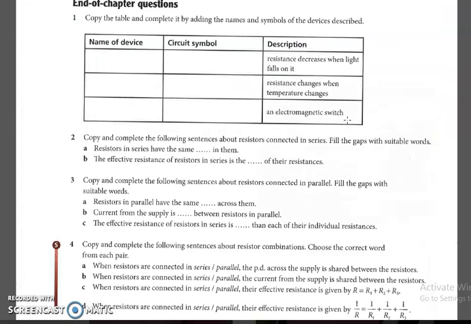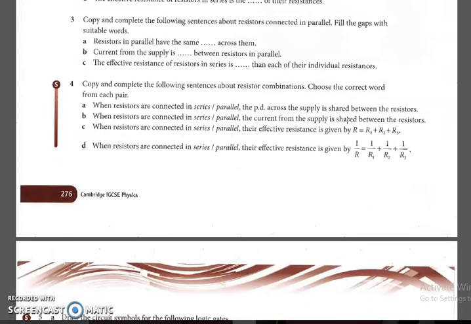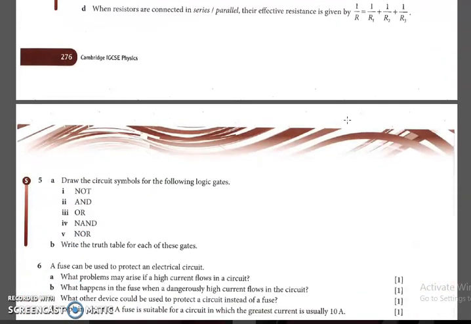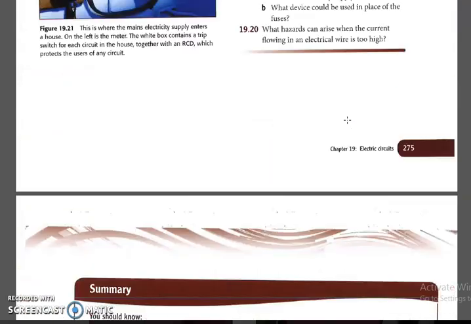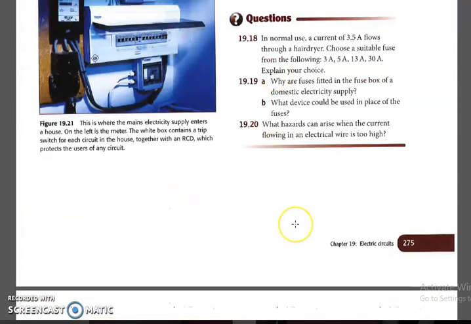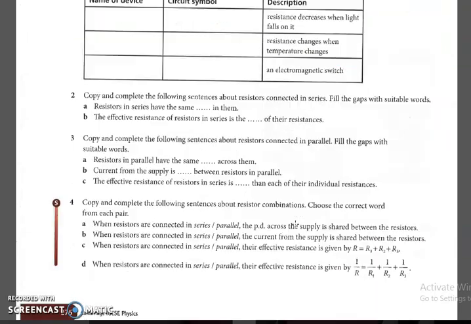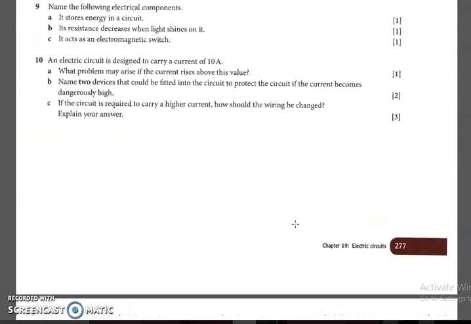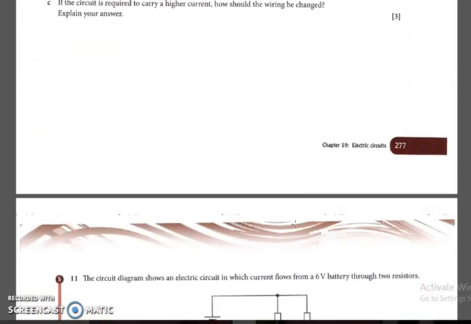So we have completed this chapter. You can complete the end of chapter questions too, and this question also. Please inform me after doing this section. I think you can complete your end of chapter questions on Thursday. I will give you answers for the end of chapter questions, and you can check them and ask me doubts. Okay, thank you, children.